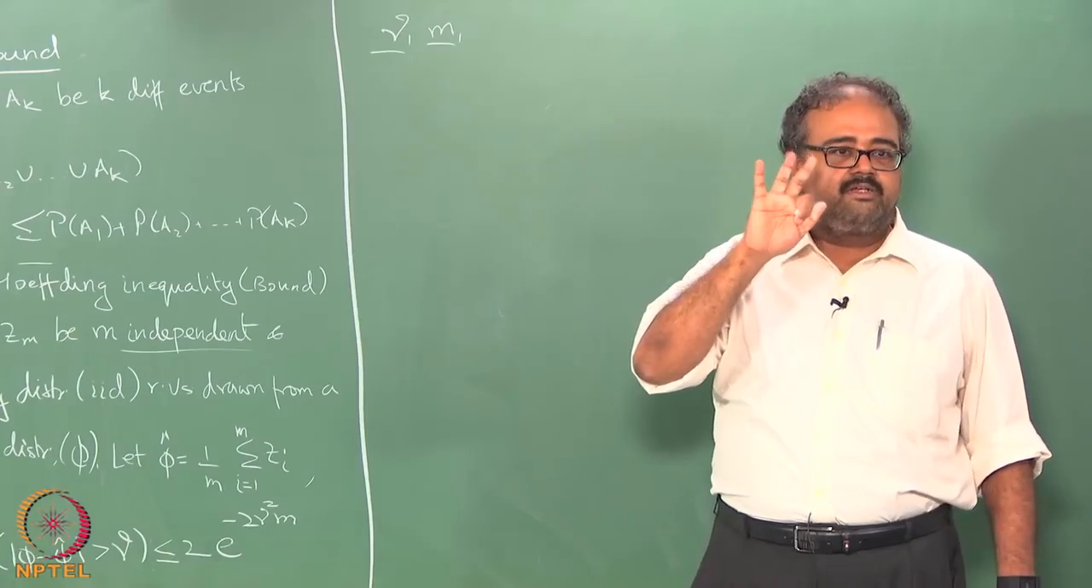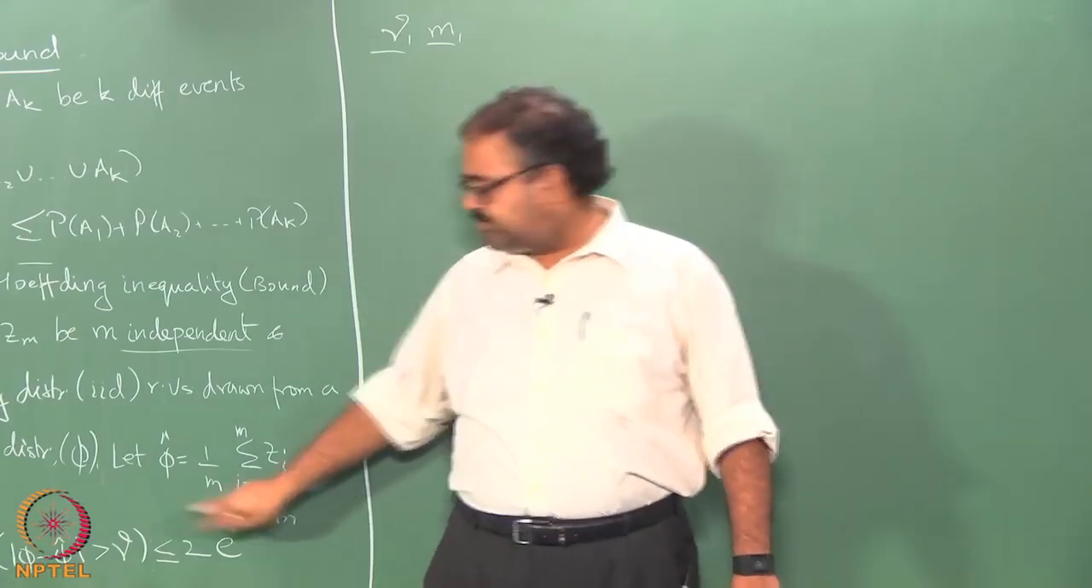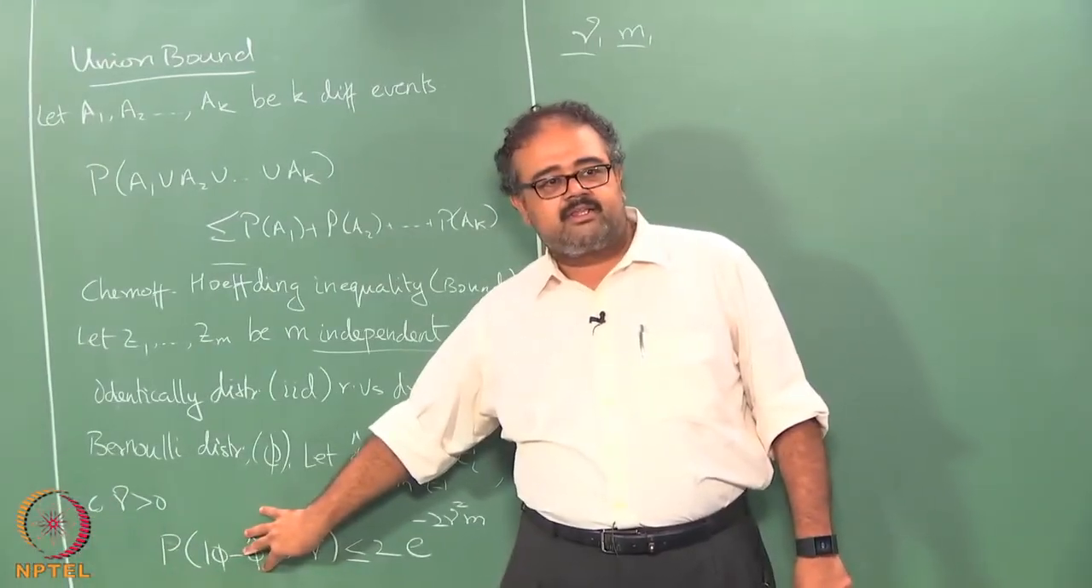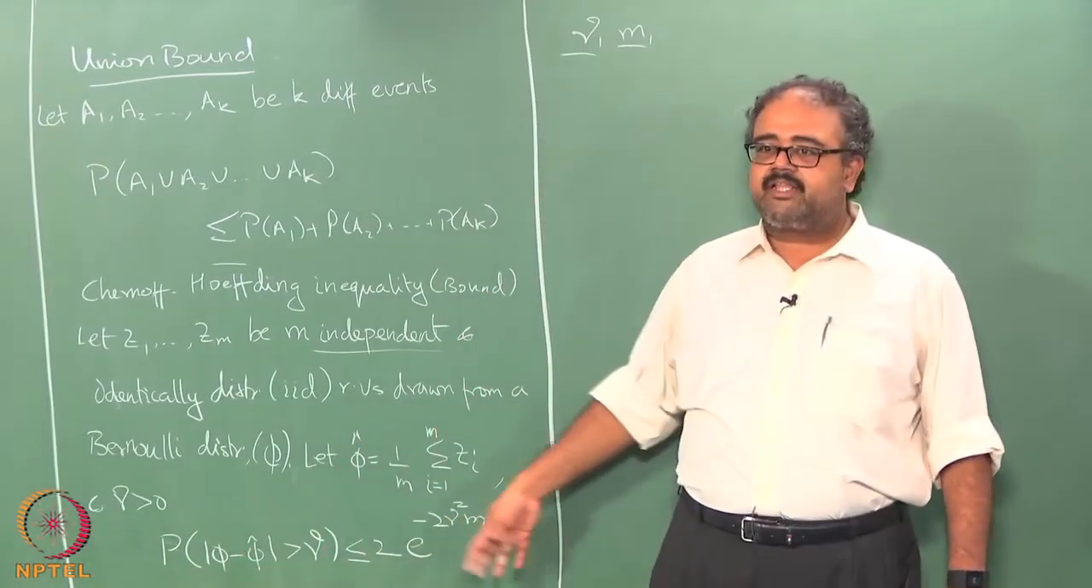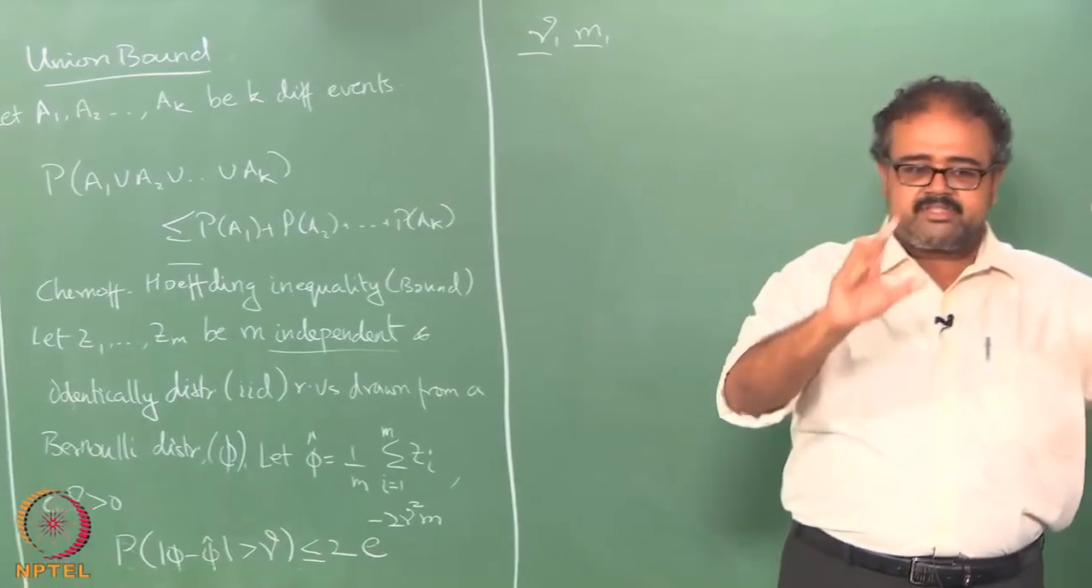Okay. So this equation has three things here. If I want to solve for gamma, I need to specify the left hand side, and I need to specify m, then I can solve for gamma. Right, I say okay, I do not want to make a mistake more than